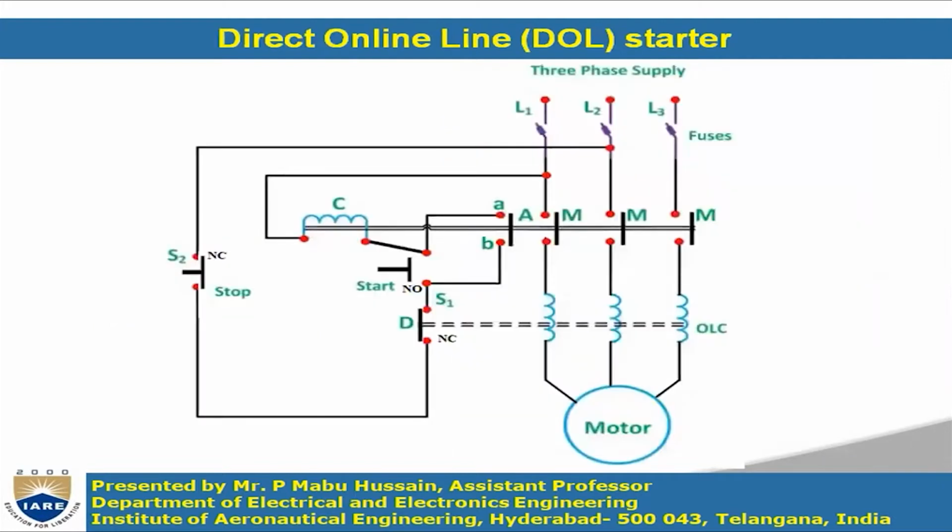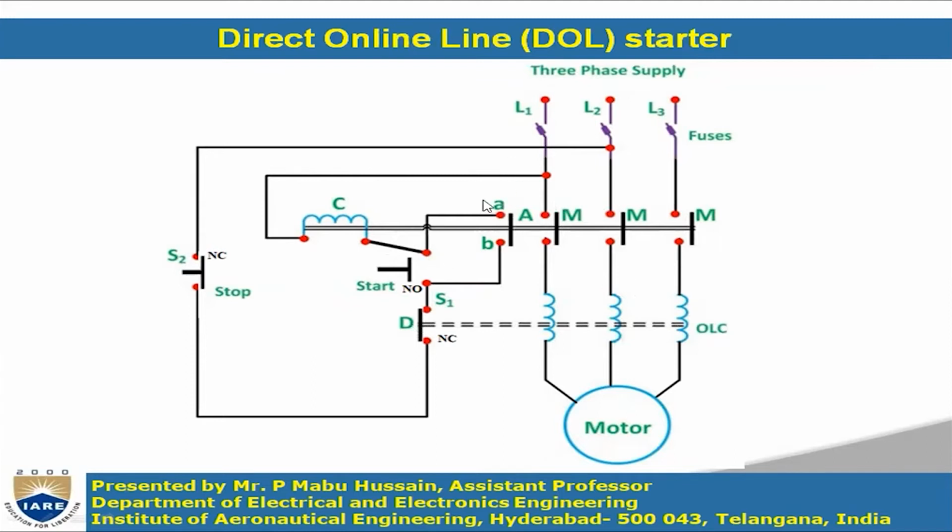See the direct online starter, which we actually study in the textbook. So this is the circuit diagram for the DOL starter. As I said before, in the DOL starter, the contactor is the main device. Then you can use other protective devices, which are the overload release. When there is overload on the motor, this overload release will switch off the motor. Generally in a DOL starter you will also have this overload coil. Right, how this DOL starter will work, let us see.